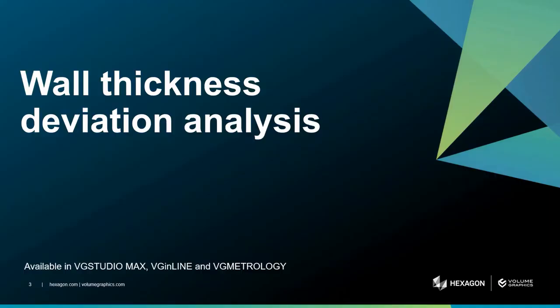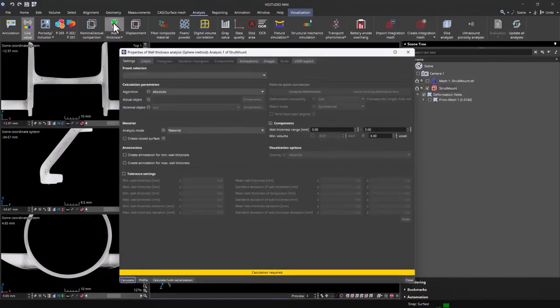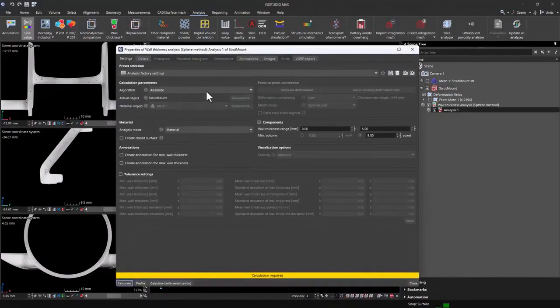Our enhanced wall thickness sphere analysis enables the calculation of wall thickness deviations between the part you are inspecting and a nominal part. The deviations calculation utilizes volume graphics' unique deformation field technology to precisely match the nominal to the actual part. Just select the new deviation mode in the analysis dialog. You can specify your nominal part in the nominal object selector, and all the other analysis parameters are set up